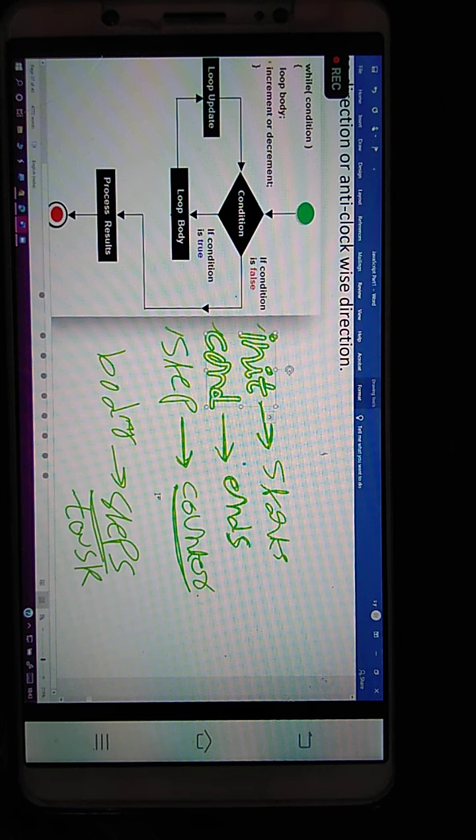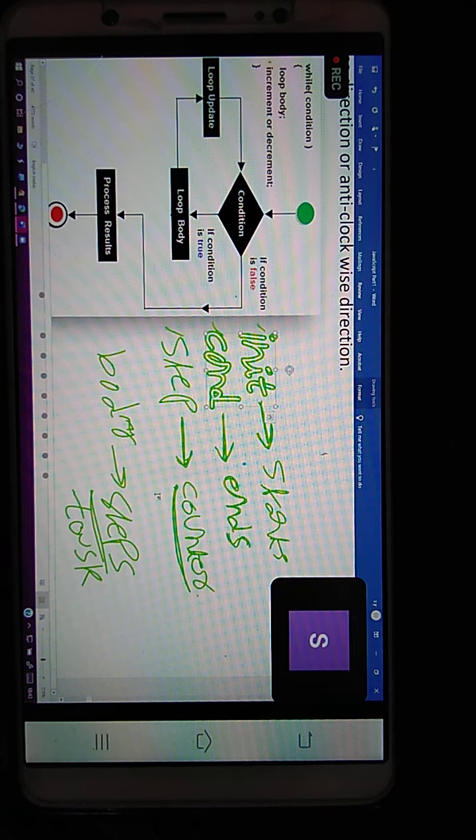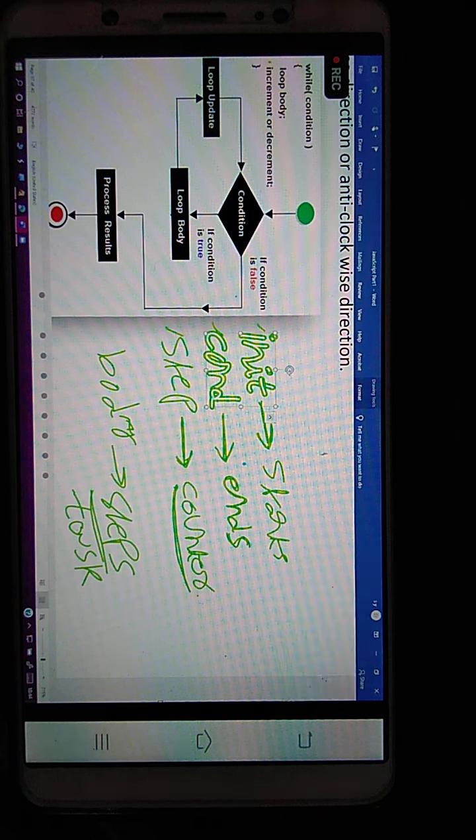Stepping value is a counter variable. Sometimes the counter is plus plus, sometimes the counter is minus minus. Increment operation is available, decrement operation is available, both available. Why both increment and decrement, sir? Forward direction, backward direction. If you use only increment, sir, the loop rotates in the forward direction, nothing but clockwise. Generally, decrement we use for rotating anti-clockwise.